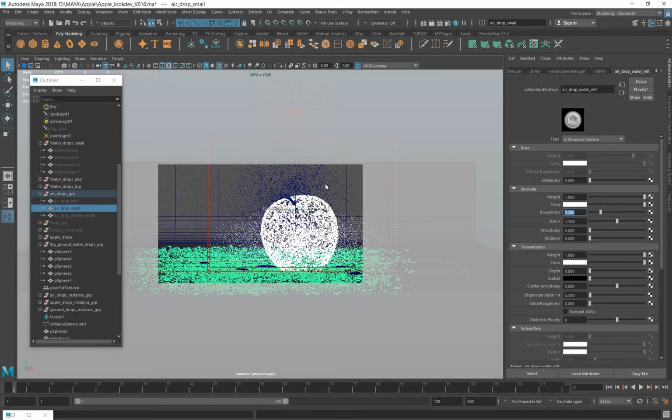Also, if you think about it in the real world, the water drops are falling from the top onto the apple, so it's in motion, so there will be motion blur on it, and when we capture it, the specular is definitely going to be blurred with the motion blur. So the roughness amount, I guess, kind of matches with the motion and everything.